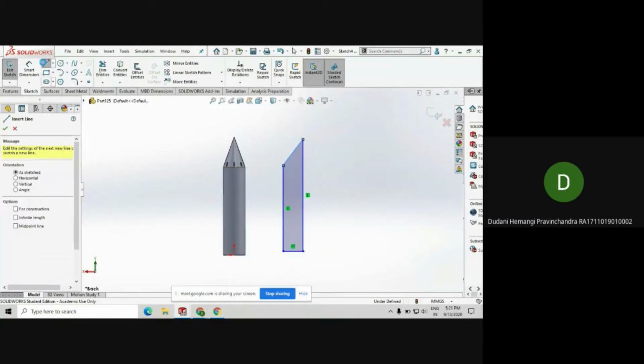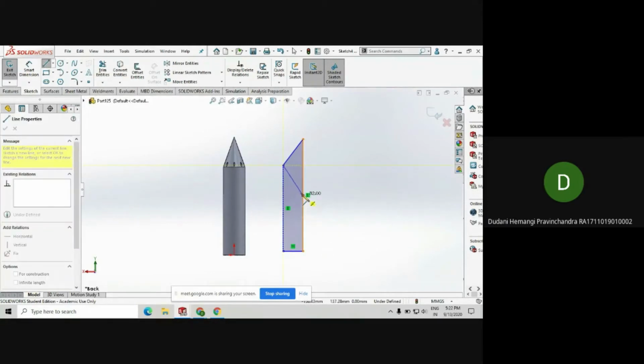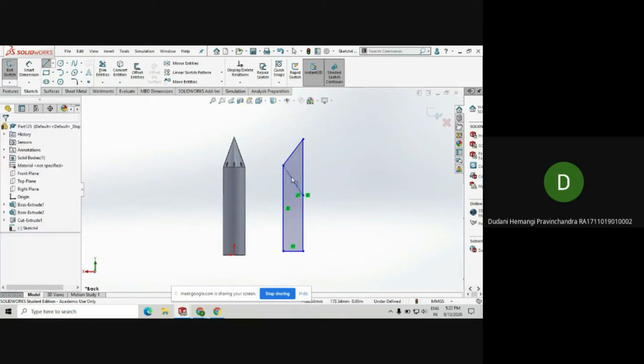Also, when you are making a sketch, you will have these quick snap points. For example, I can see here, this is the midpoint of this line. So it makes it easier, you don't have to give dimensions for that. I can directly go to the midpoint and snap it there. So for now, I'll go to features.